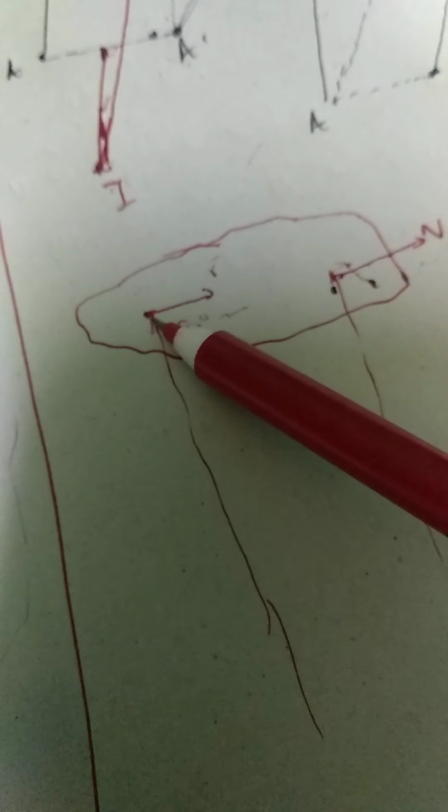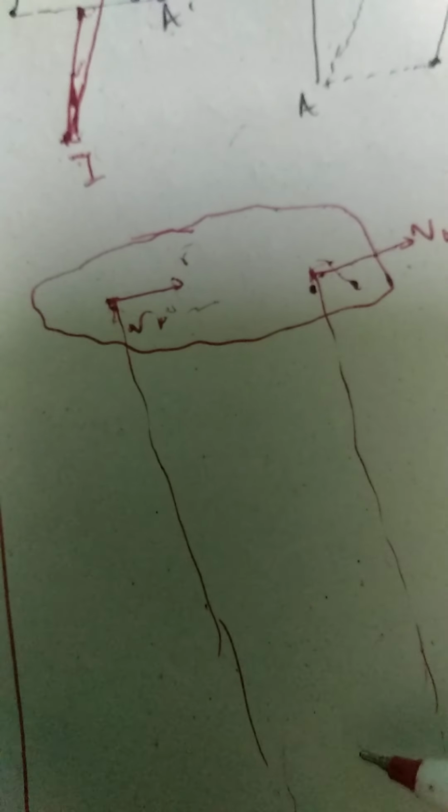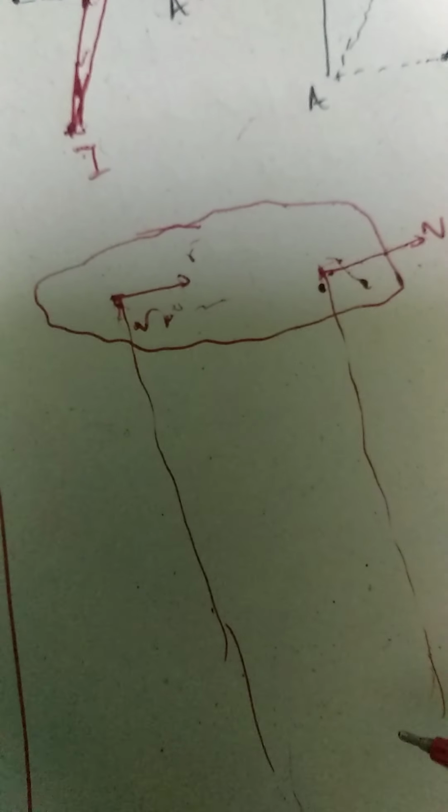Now consider this case. Here this point will have a velocity VA and this one will have the velocity VB. As you can see, when you draw the perpendiculars at these points, they will extend to infinite distance. So the instantaneous center may lie at a very far away distance, or suppose at infinity. So this is also a case. The position of the instantaneous centers can vary.